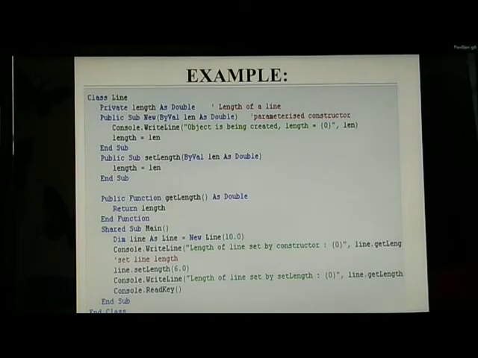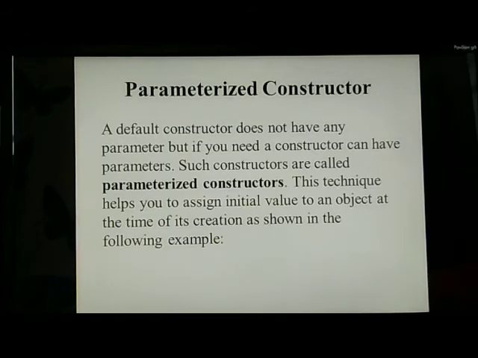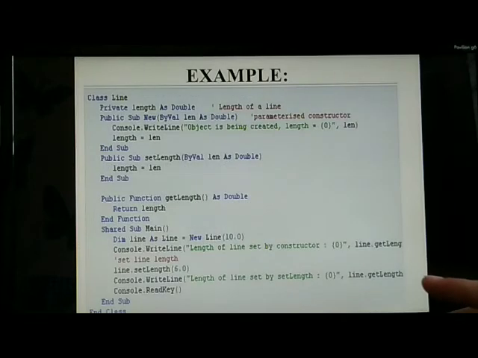In this example, we can see a parameterized constructor, that is Public Sub New, in which the parameter is passed as ByVal length as Double. Here we have passed a parameter, thus the parameterized constructor is used. The parameterized constructor is used to pass a value to an object.